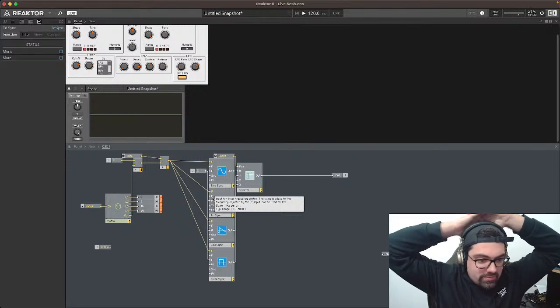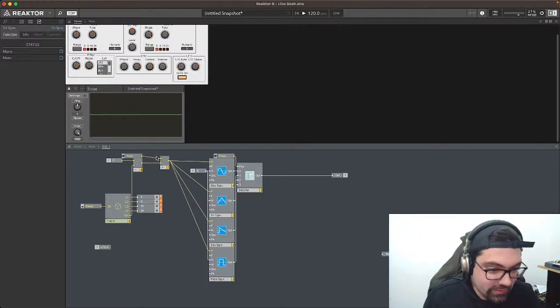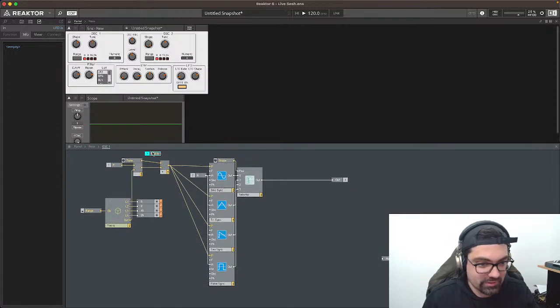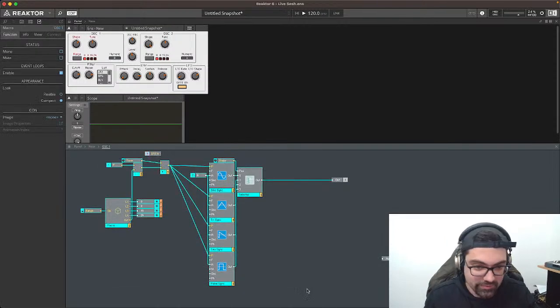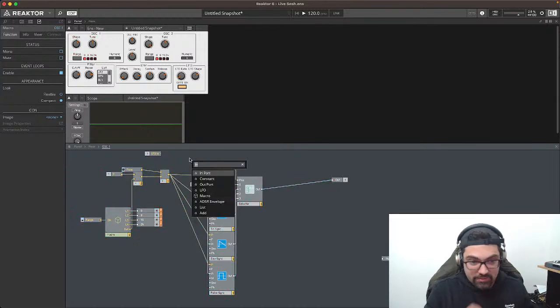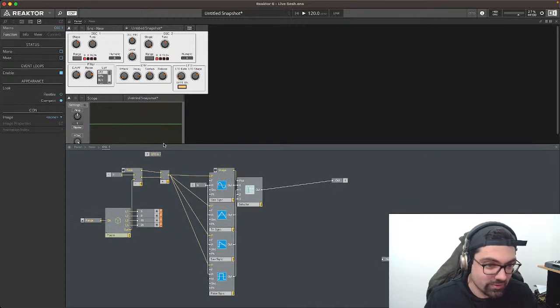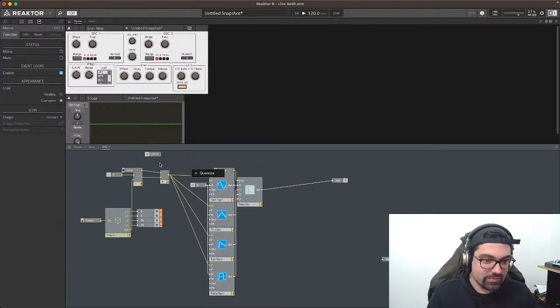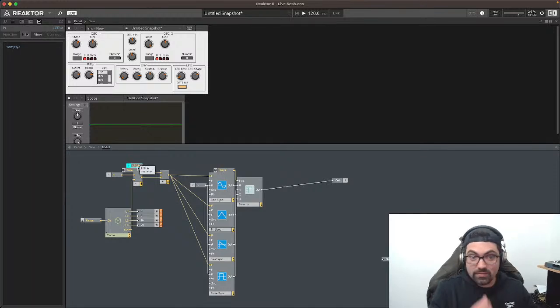If we want to mess around with the pitch, we will need to multiply the LFO output, which in this case is input because we're receiving the signal in this macro. We will need to multiply it by a big number. The reason is because, as you saw, the amplitude is from -1 to 1. And if it's between -1 and 1, it will basically do the same as what this tune knob is doing, just affecting a little bit. Now, if you want it to affect a lot, either we can control